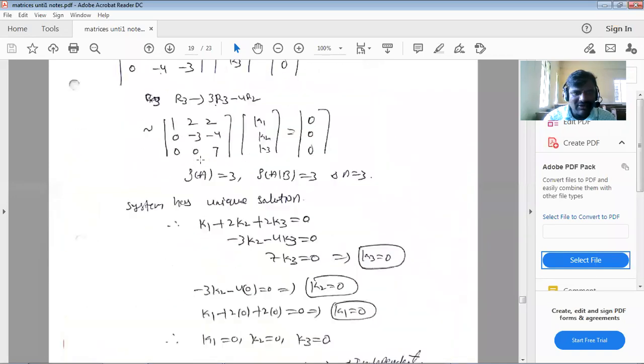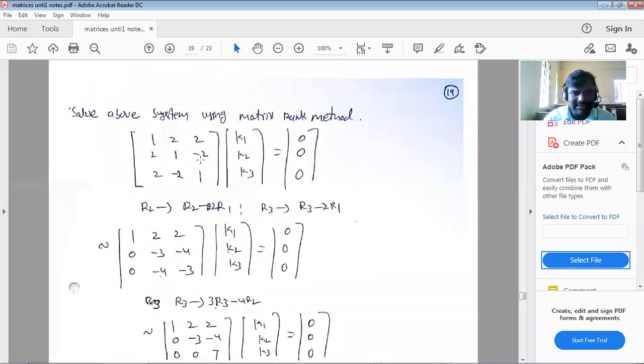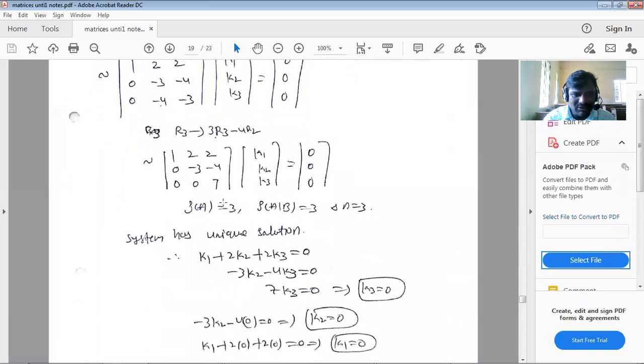If rank of A is equal to rank of A, we get the same. It cannot be affected. Why? Because you are adding the 0 column in this. It cannot be affected. Whatever we get as the rank of A, the same we can also get as the rank of AB, for the homogeneous system case only. Therefore, it is enough to find the rank of A.